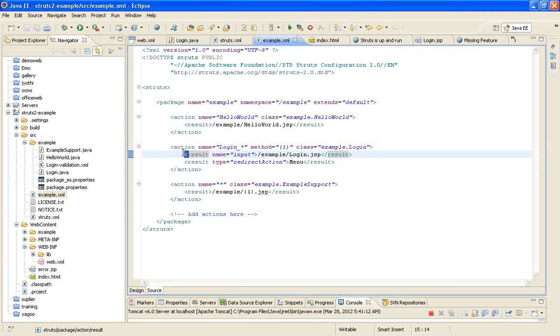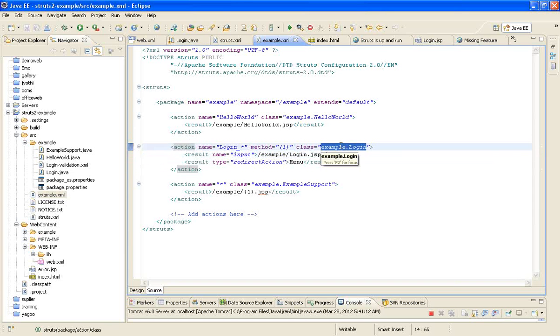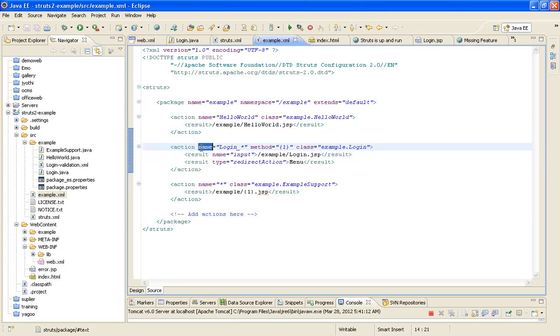Here, what he is doing is, there is a name and there is a class. You specify login, this is how you configure it. You have basically a name and class, and then there's something called input, and you have